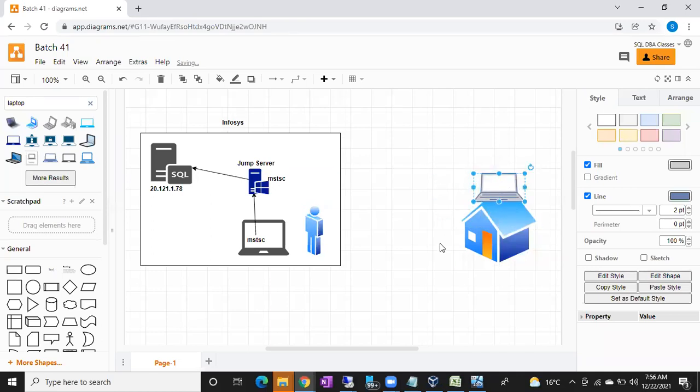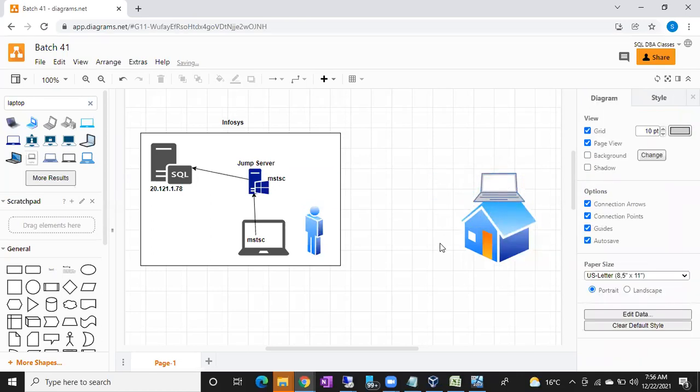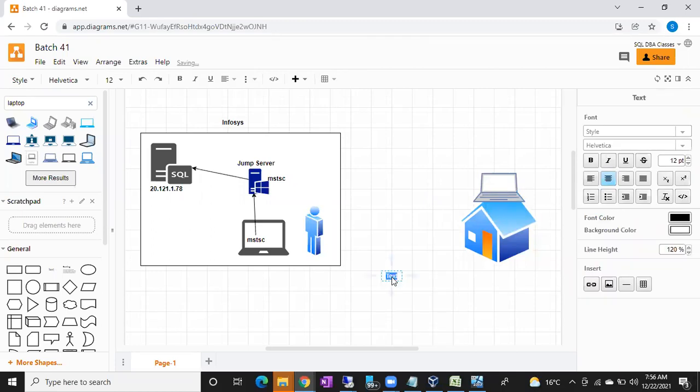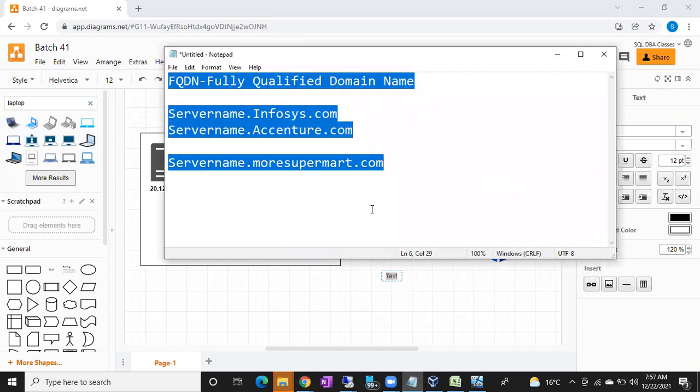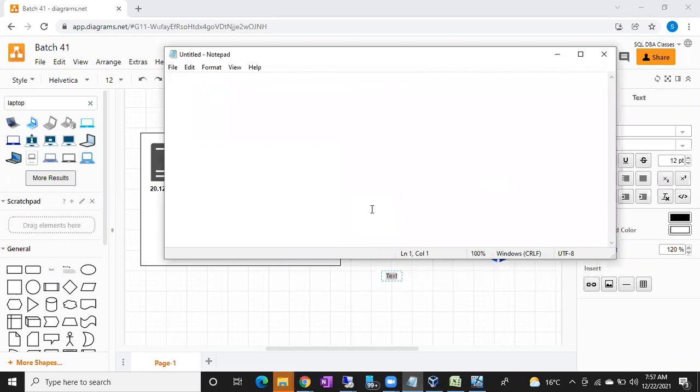In case you are doing work from home, first of all, immediately once you turn on the laptop, you have to connect to one software. Can anyone tell me what that software name is? VPN, virtual private network. There are different vendors in the market for this VPN. VPN is just a virtual private network.